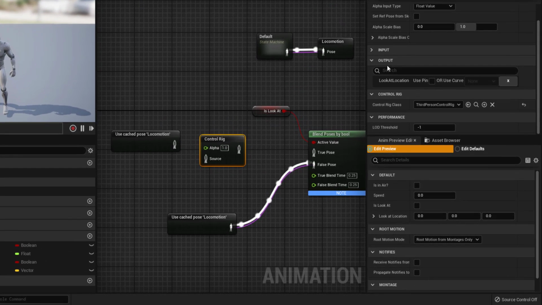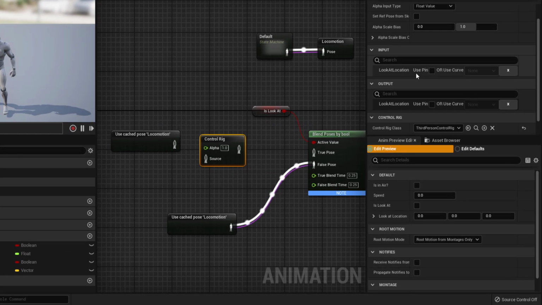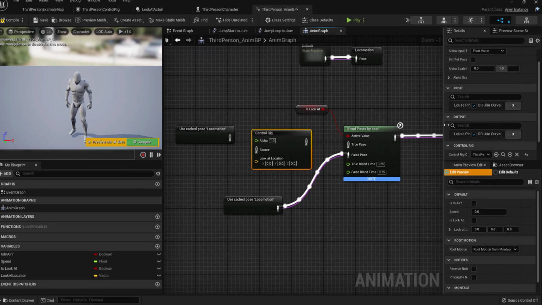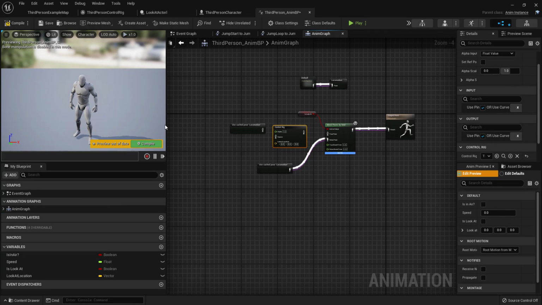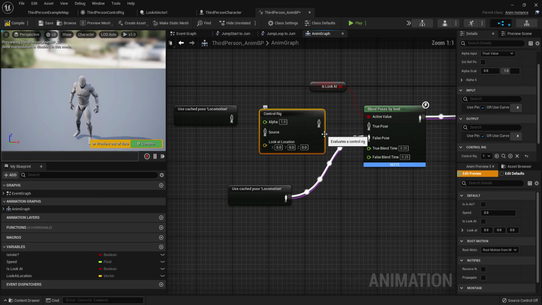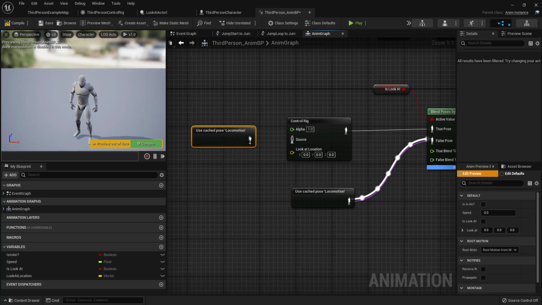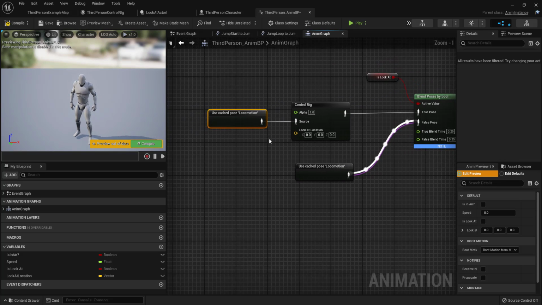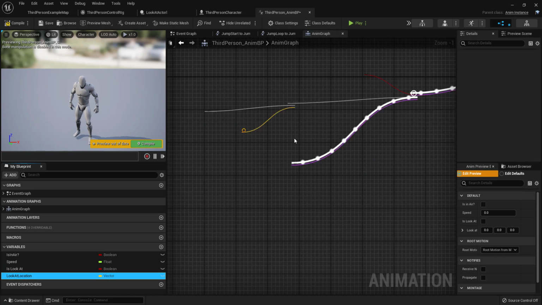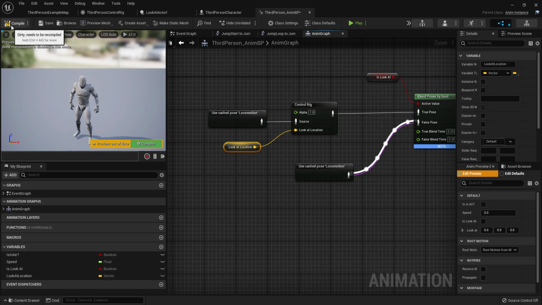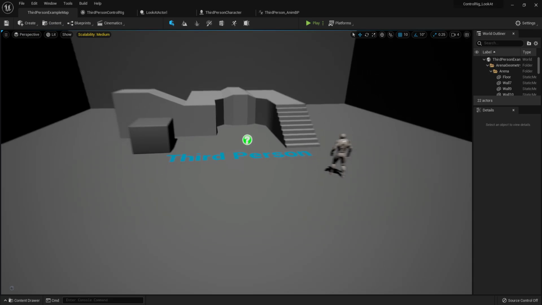So here is our input section, and I'm gonna use the pin for my LookAt location. Connect this to my true pose. Source pose will be our locomotion state machine, and the LookAt location will be our LookAt location that we have just created. Compile, save, go to my example map,